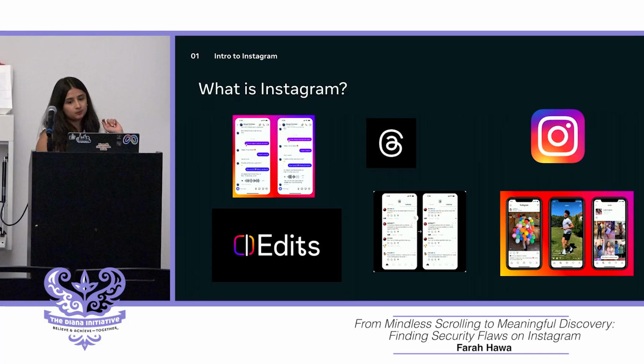Instagram also has two sister apps at the moment. Threads. Threads is a social media platform. It's focused on text-based sharing. So users can share their thoughts, parts of their lives via a primarily text-based medium. And lastly, there's an app called Edits, which is a new app. It heavily supports Instagram to help users trim their videos, add trending music, sound effects, apply filters, and share content to their Instagram that's visually appealing, so content creators can get more engagement on their content.